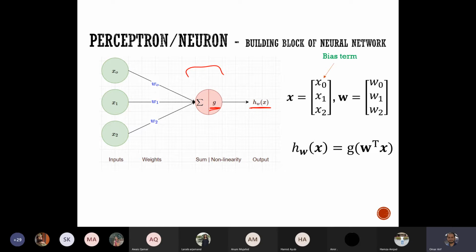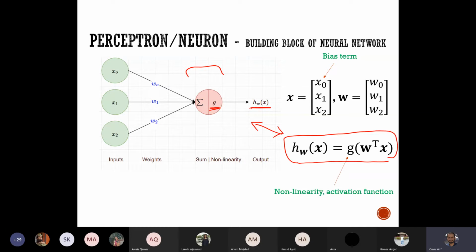So we have discussed all these things, that x and w, they are vectors, and basically in the equation form this figure can be represented like this, and in the figure form this is equivalent. And this g is important. It's any nonlinear function. I mean, not any, but there are different types of these nonlinear functions that you can apply. They're also called activation functions. Why do we call them activation functions? Because they